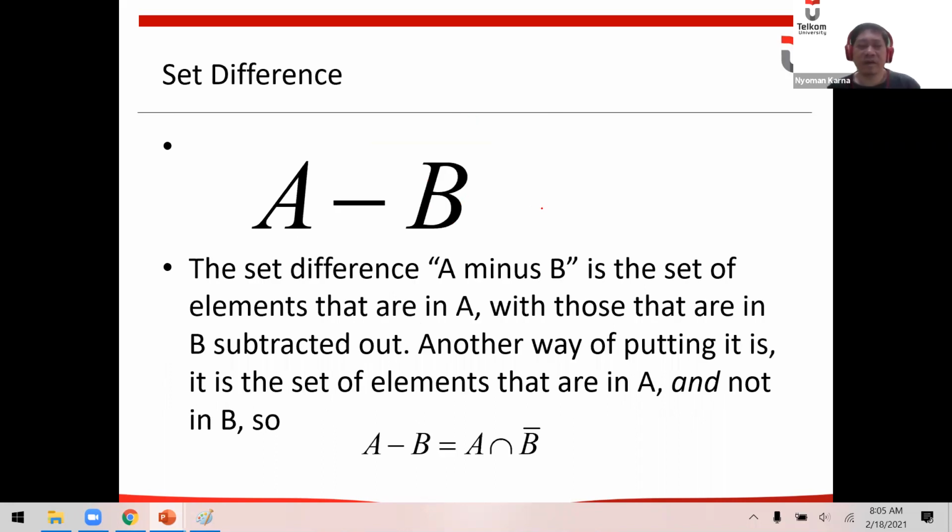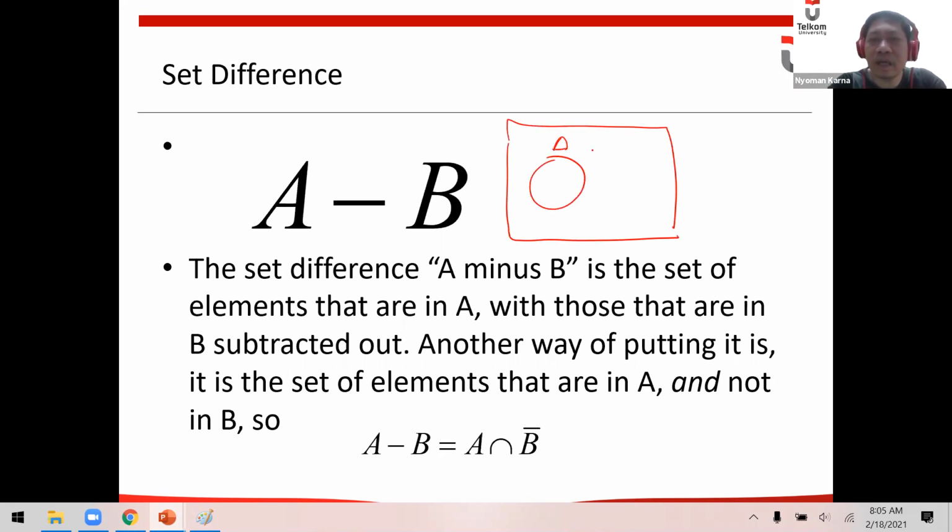Now, difference. A minus B is the set that has the elements of A but not in B. So if we want to draw the Venn diagram, this is A and this is B. This is the universe.